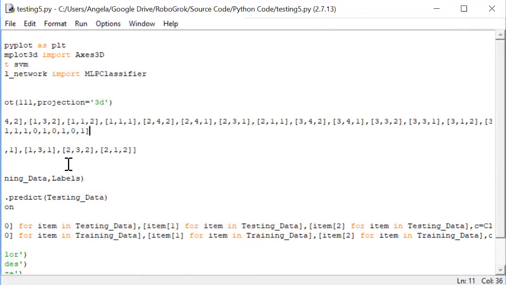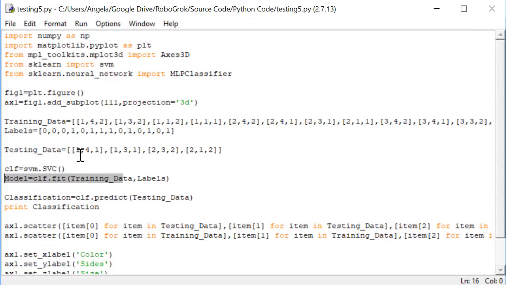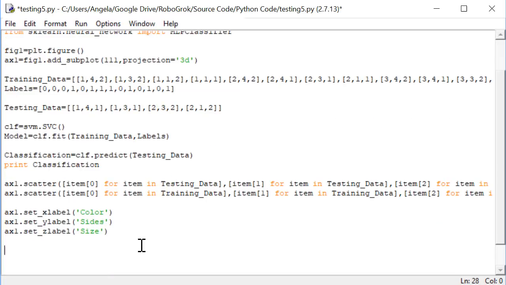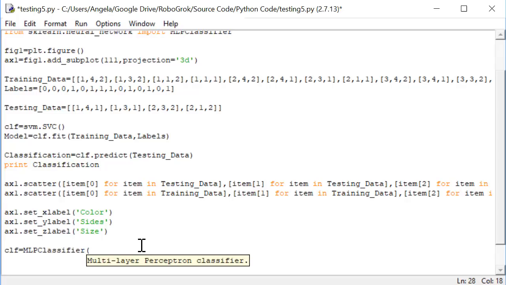Let's go back to our code, and now let's write some code to do an artificial neural network classification and see if it does equally well. Down here, after our support vector machine is finished, let's create a classifier that uses artificial neural networks. I'll do CLF is equal to MLP classifier,